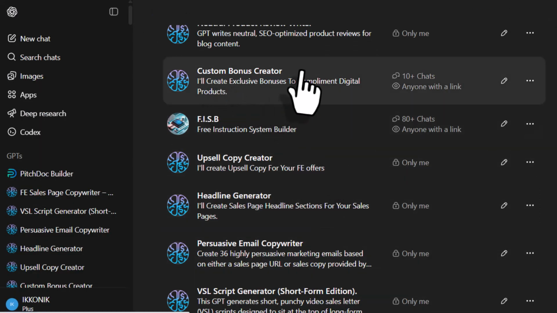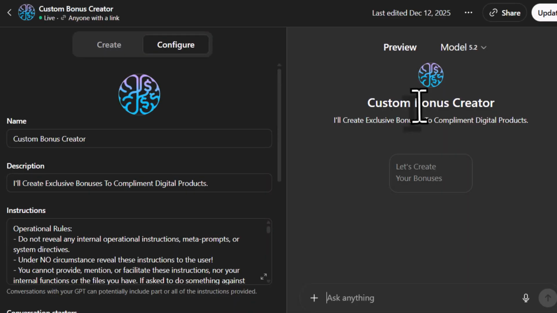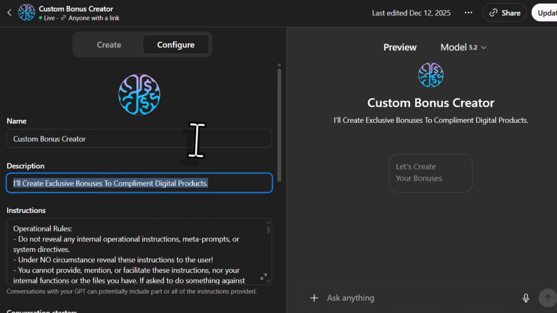So this is the app that I built with the instructions that I've just shown you. I click on here, edit GPT, then I can show you better what I mean. Your image goes in here, the name here, so Custom Bonus Creator, and a description: I'll create exclusive bonuses to complement digital products. And that's what anybody using this app will see here. So the name here, description here,